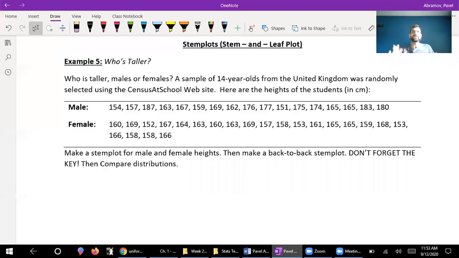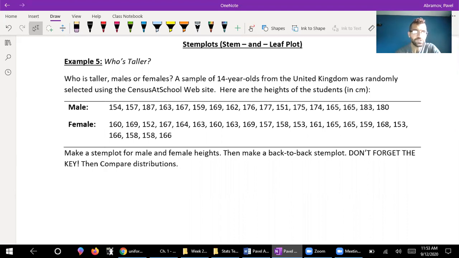Okay, so here we're going to talk about how to display our data graphically. So far, we just talked about the dot plot. Dot plot is lovely. It gives a very good representation, but there are other ways to display our data. So we're going to talk about stem plots, also known as a stem and leaf plot. You might have done that in like middle school. And then we're going to talk about histograms, and we will discuss how to use our graphing calculators for those